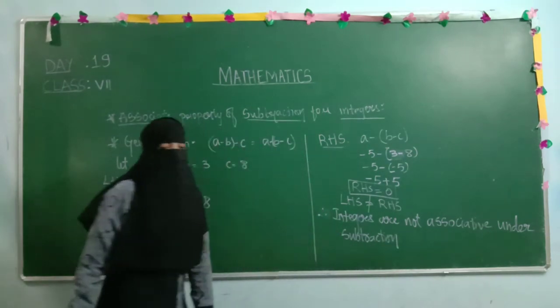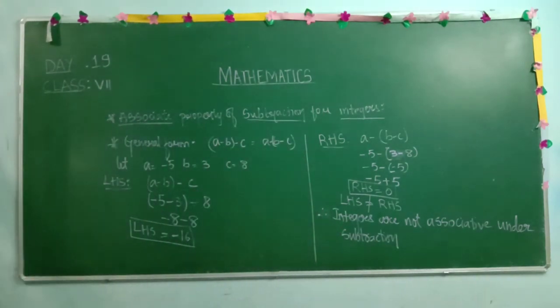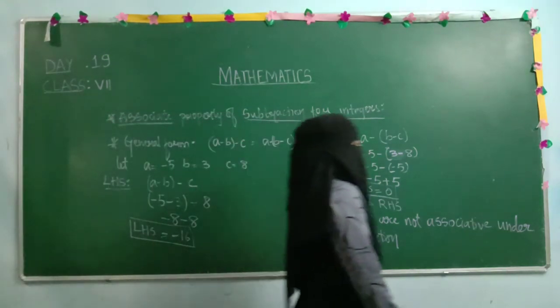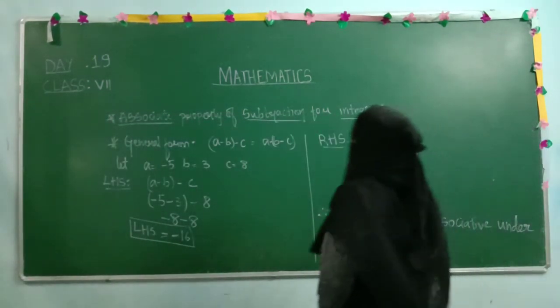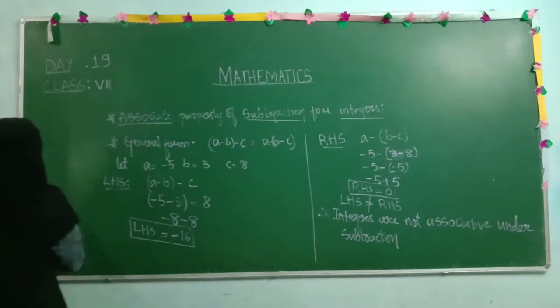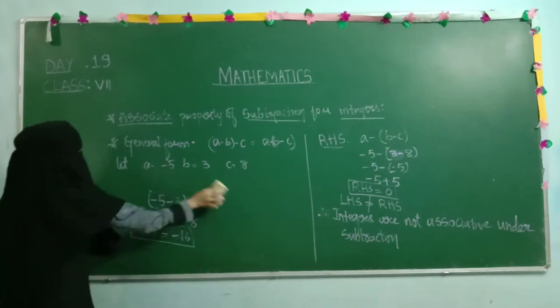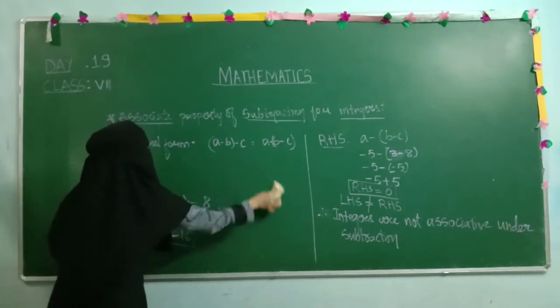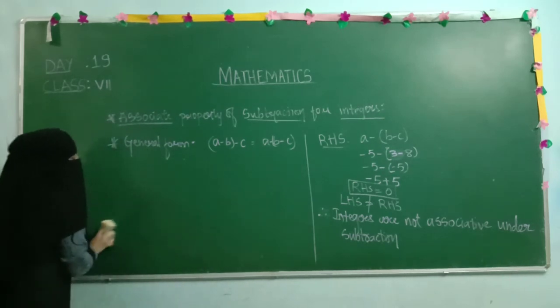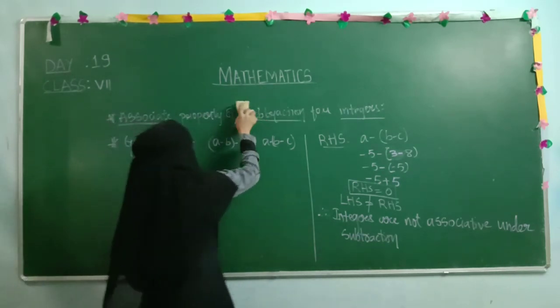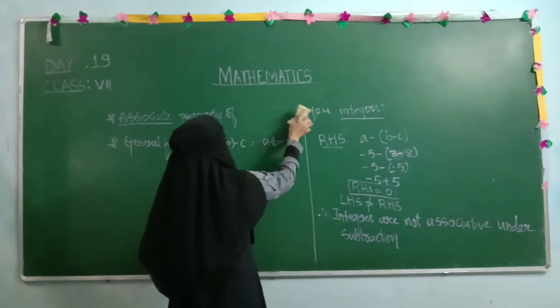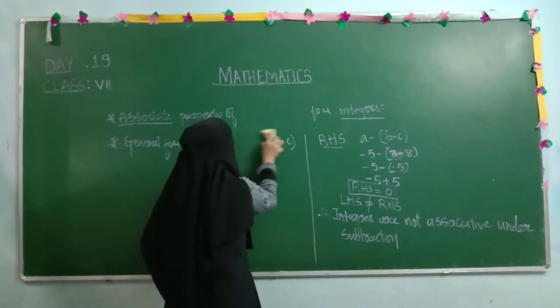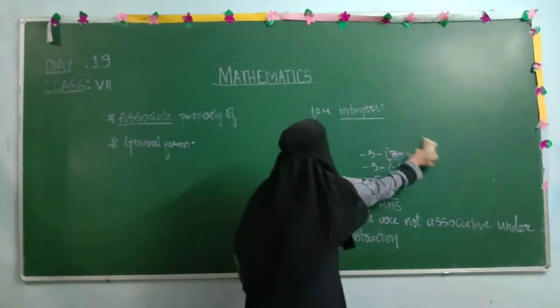Fine? So with this we have completed this basic operation, that is subtraction, and one more operation is left out, that is division. Let's verify whether the integers are associative or not under division also. You need to keep on trying by taking your own integers so that you will get perfection. If you do not try, if you do not put it on paper, you will not get perfection.